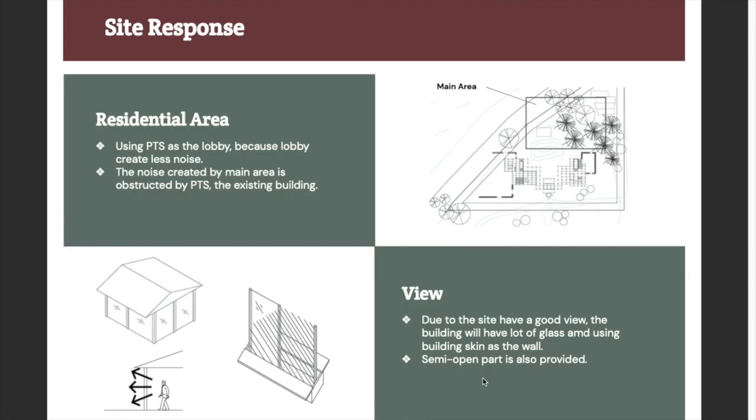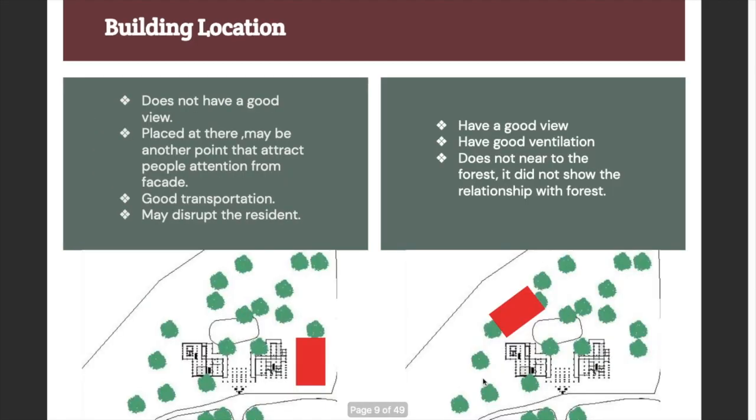Because our site is connected with the residential area, we should think about how to reduce the impact of our cultural center on the residential area. And for the view, because the site has a good view, glass and semi-open spaces will be used. The building location,